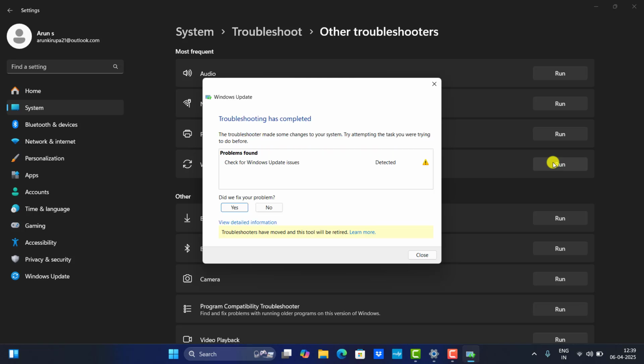Now the troubleshooter has finished and it seems there is a problem in Windows Update, and all you must do is just click to fix it. Now the problem has been detected and fixed. You just close the troubleshooter option,